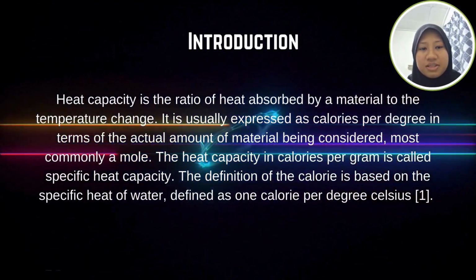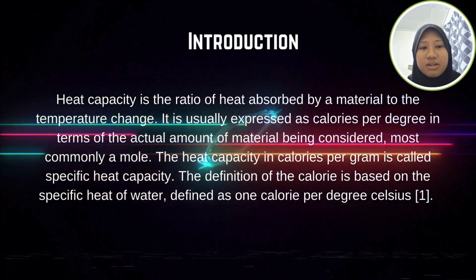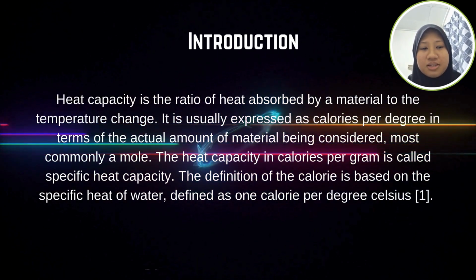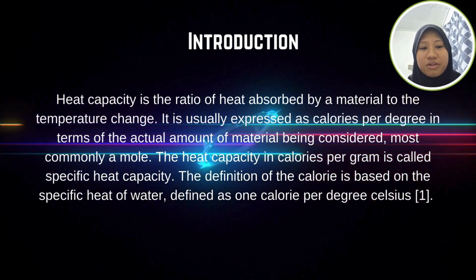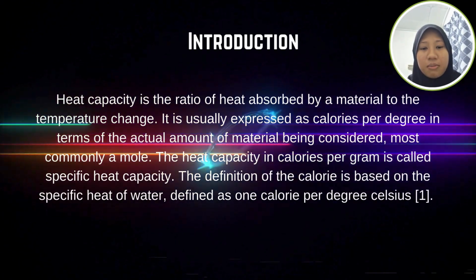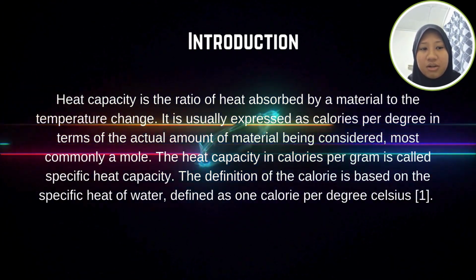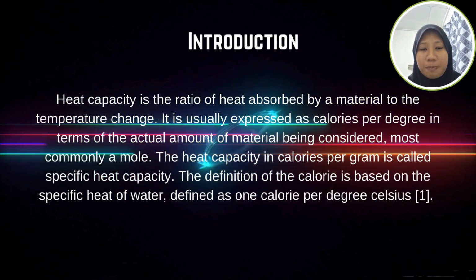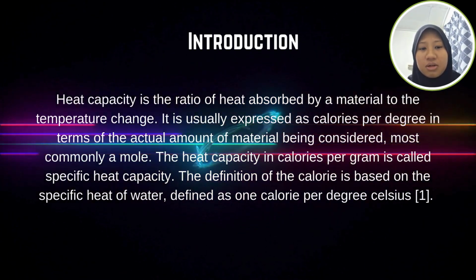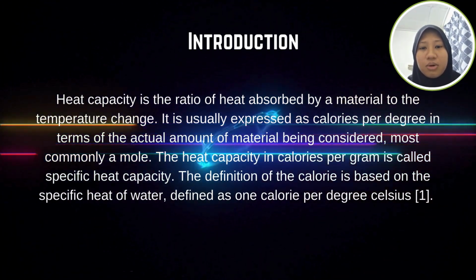Introduction. Heat capacity is the ratio of the heat absorbed by the material to the temperature change. It is usually expressed as the calorie per degree in terms of the actual amount of material being considered, most commonly a mole. The heat capacity in calorie per gram is called specific heat capacity. The definition of the calorie is based on the specific heat of water, defined as 1 calorie per degree